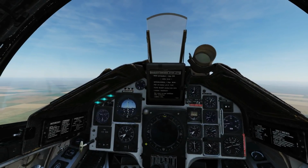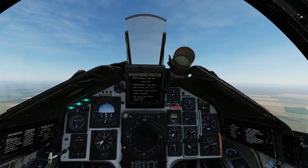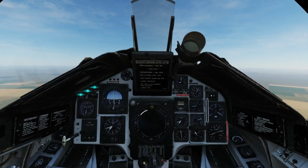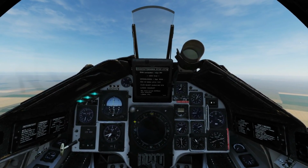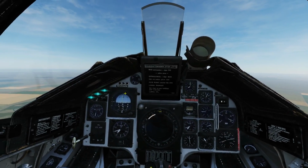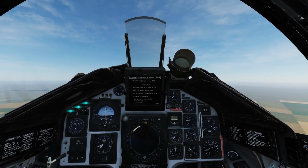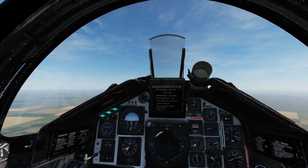It's just warming up at the moment. It's going to start scanning, and when it does, we're going to pick up that scan signal on our RWR. So let's just wait until that happens. Okay, it started scanning and we're picking it up. Now, if you listen to this tone, obviously you've got the light there, so it's saying it's our 10 to 11 o'clock. And if you listen to the tone there, that is the tone in hertz that the radar is